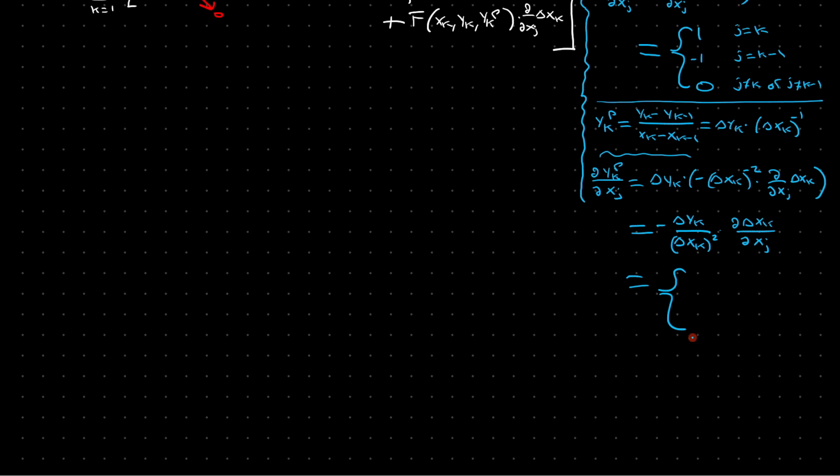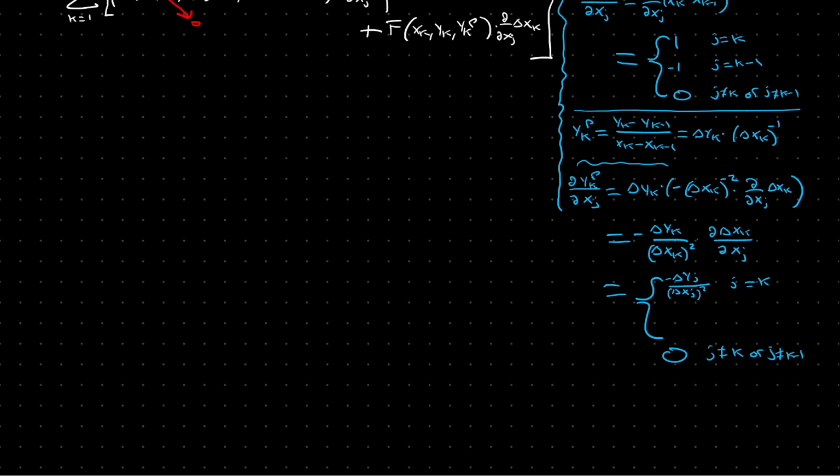So this is going to simplify to 0, because this is 0 if j is not equal to k or j is not equal to k minus 1. But if j is equal to k, this expression right here is equal to 1. So when j equals k, we have that this is just going to be negative delta yj over delta xj